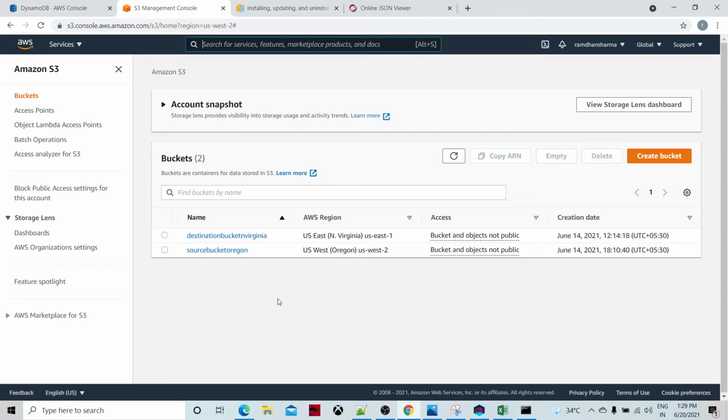Today we are going to talk about PartiQL. This is a query language which is similar to SQL, which is used for SQL databases, and this is for the NoSQL database, which is DynamoDB.